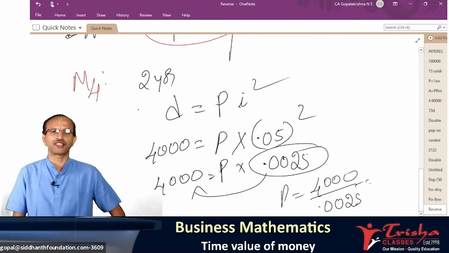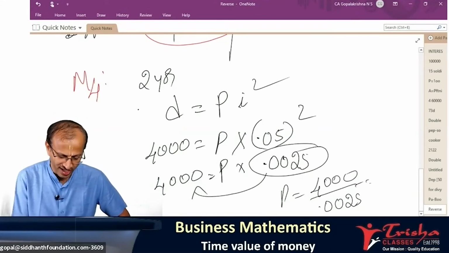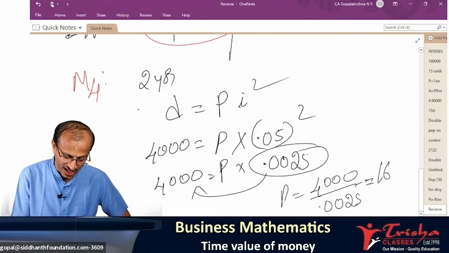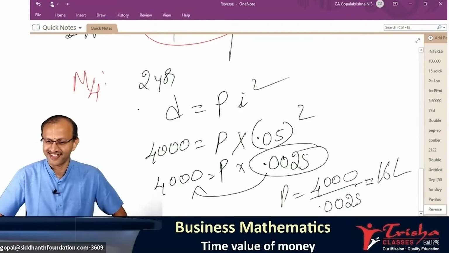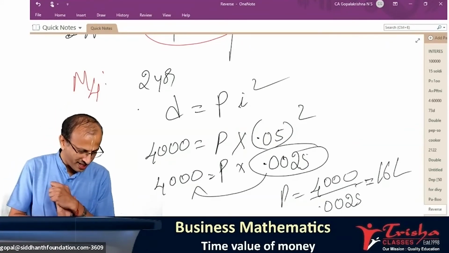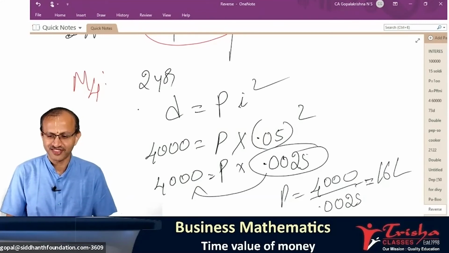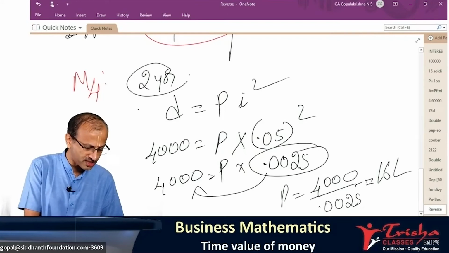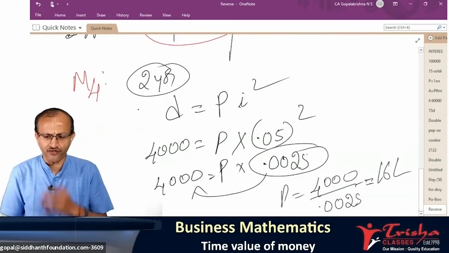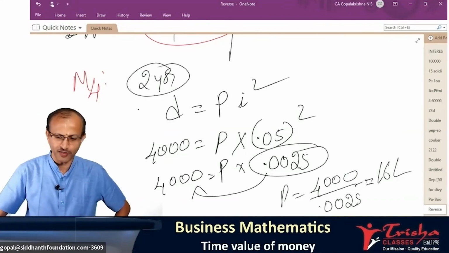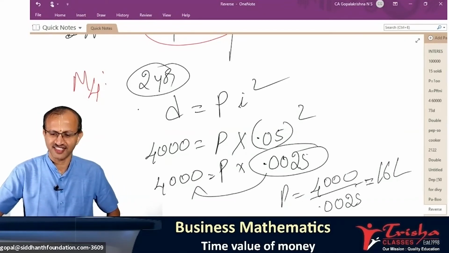If you are happy, you have to just clap loudly wherever you are learning. Your parents should know you're learning something new today. Some chartered accountancy is going on here, and you're excited about learning more. Excellent, super. So we learned so many methods. Please note this method is applicable for 2 years, and for 3 years you have a different formula. Everyone clear about this? Excellent.